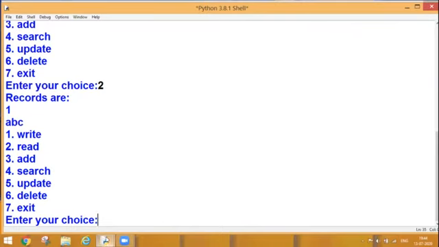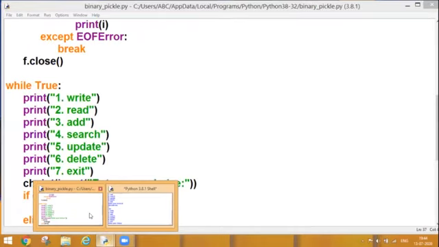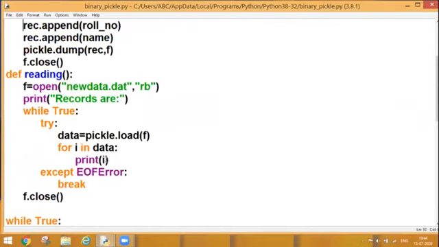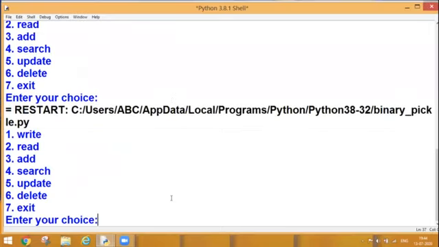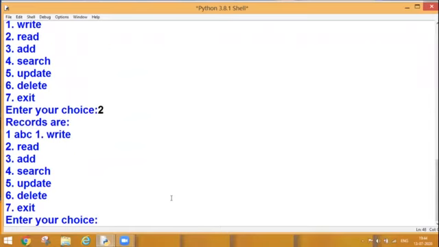Now what do I want? I want to display my data in the same line. For that, I can write here end and separator having a space. That means once the roll number will be printed, after that one space will be generated and my next name will appear in the same line. After each and every data, I don't want to shift my line. So let's again have a look. I want to directly read my data because my data is permanently written. So as we can see, 1 and ABC are written in the same line.